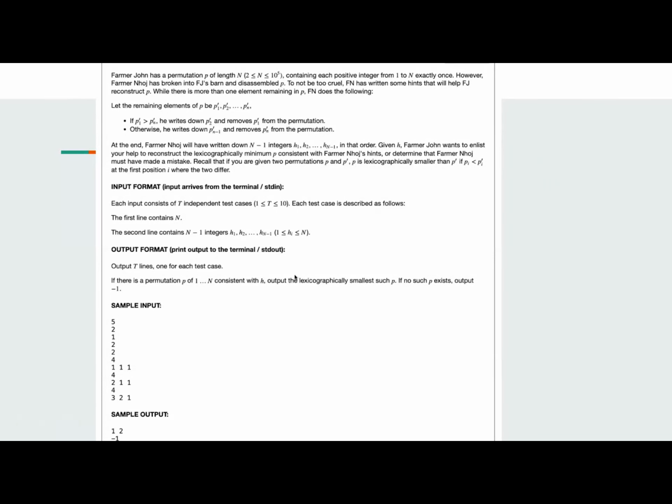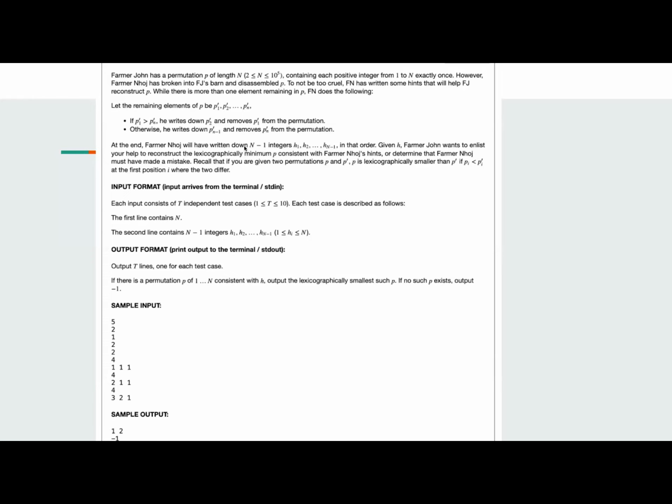Okay, cool, thanks. So this is the statement for the third problem where Farmer John starts with a permutation P of length N, and he'll generate a new sequence H in the following way. First he'll compare the first and the last elements of P. If the first element is larger, he'll write down the second element in the permutation and remove the first element. Alternatively, if the last element is greater, he'll write down the second to last element and remove the last element. And in the end,